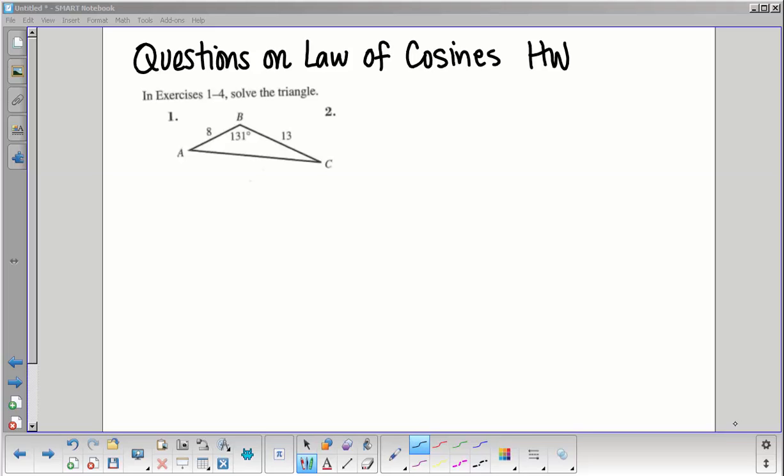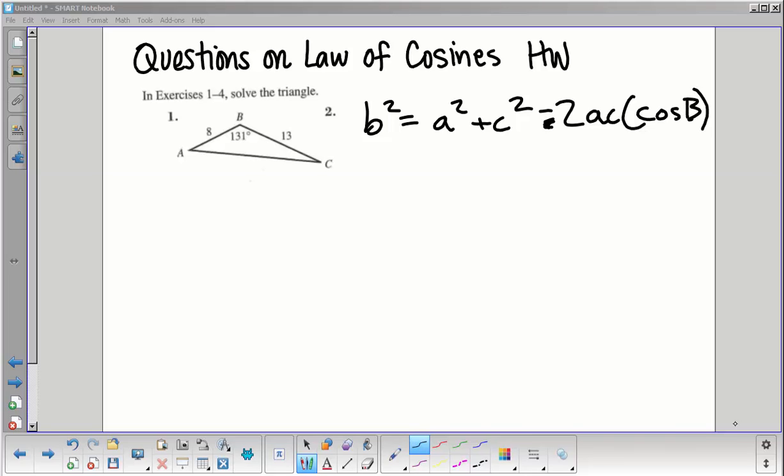Alright, so for this problem, I would start off solving for b squared, which would equal a squared plus c squared minus, oh goodness, that's what I did. I think I did plus. Well, there we go. That's why I was wrong. That's all right. So minus 2ac times the cosine of B. And then I'm just going to skip steps here. That's what I would do. Just say b is equal to